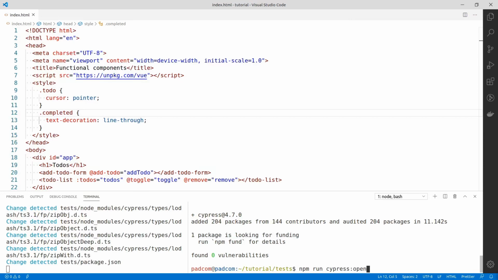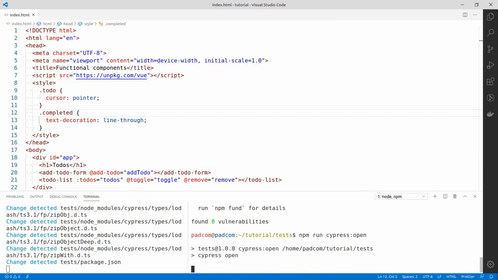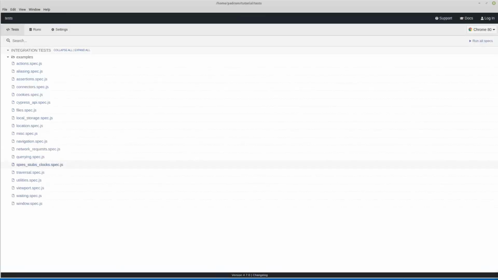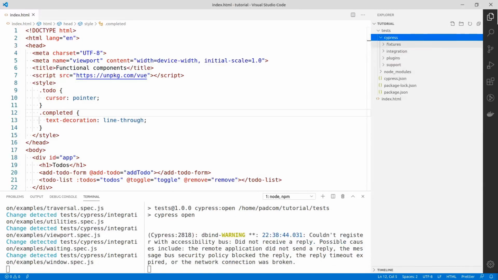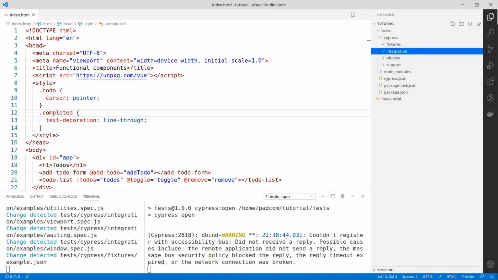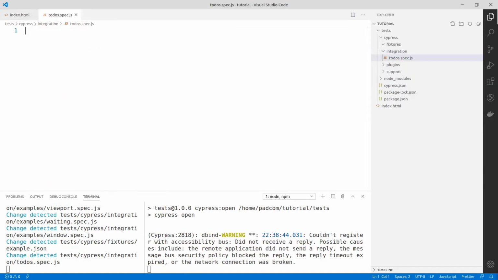Running the cypress:open command in an empty project will conveniently create the entire project structure for Cypress with some example tests and even with some example fixtures. For us, it's a little much, so let's remove what we don't need. Having that clean project, let's create our first specification named, conveniently,